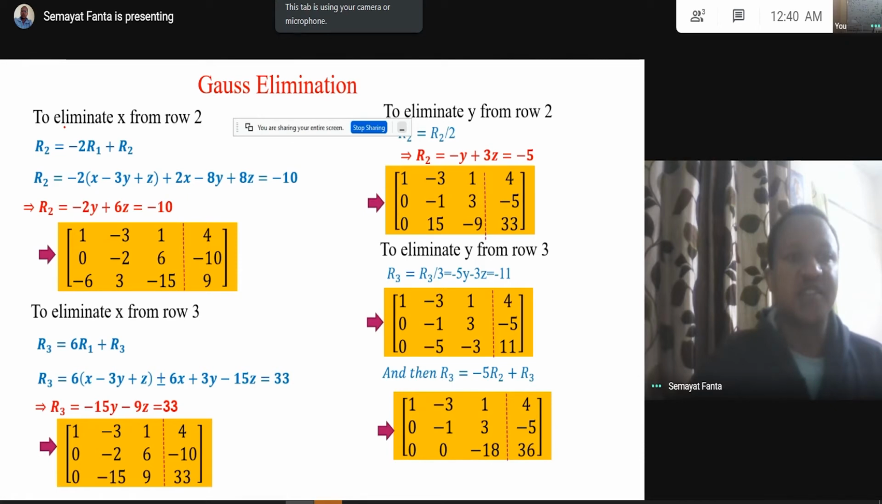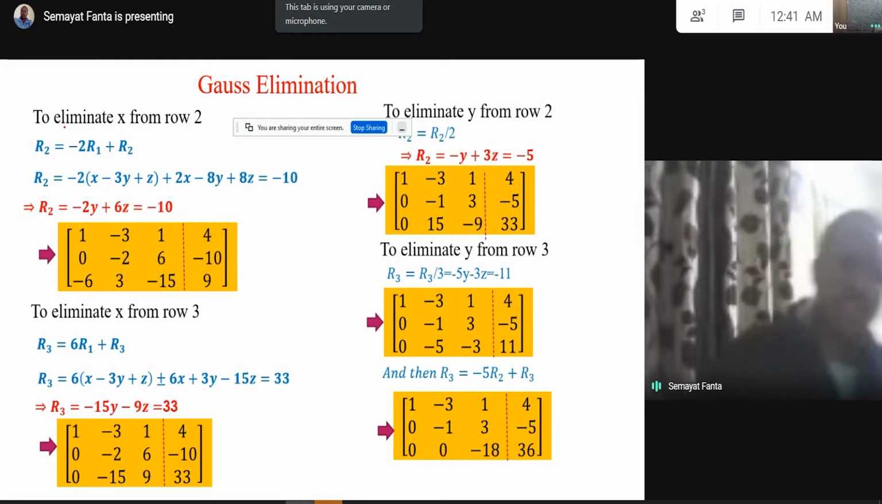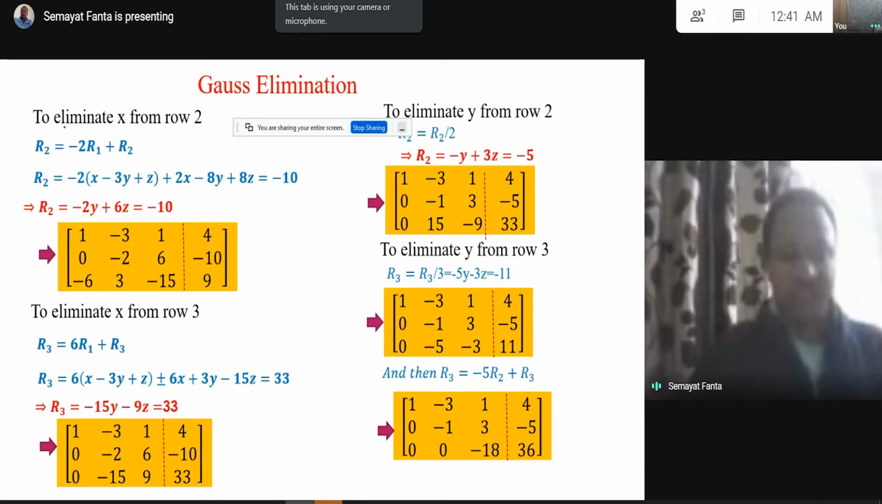Let's start. Next, eliminate x from row 3. For that, row 3 is equal to 6 times row 1 plus row 3. So x is eliminated from row 3 here, which gives minus 15y minus 9z